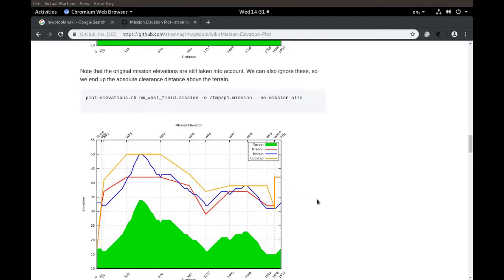A couple of points about the way this is generated. First of all, it is incredibly conservative for a number of reasons. The first being it's actually quite difficult to model the dynamic behavior of the aircraft, and in any case that will vary considerably between a multi-rotor that can ascend and descend at will and a fixed wing aircraft that has fixed